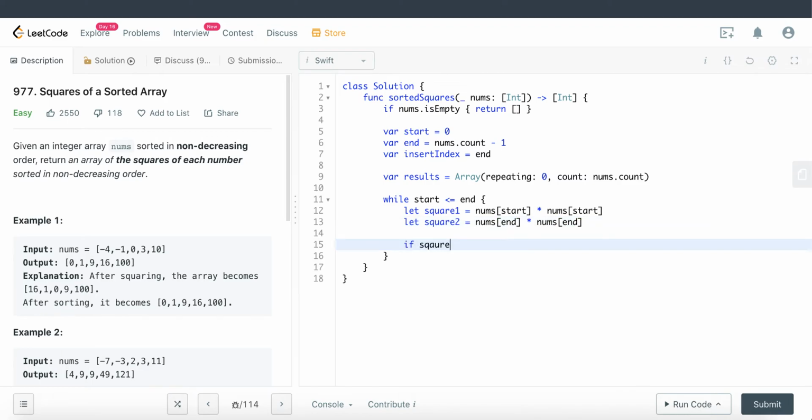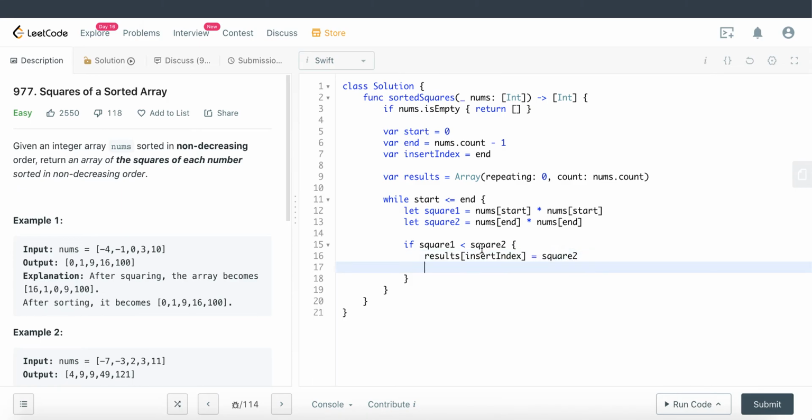So if square1 is less than square2, then we take square2, because we are filling from the last, right? The insert index is referring to the last index, right? So results of insert index equals square2,